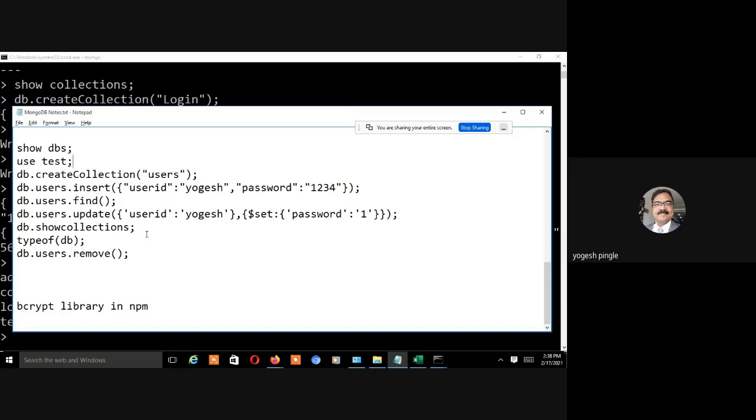And over here there is one more command you can check out, show collections. One table is there, we can create one more table, and whatever tables are there will be displayed over here.